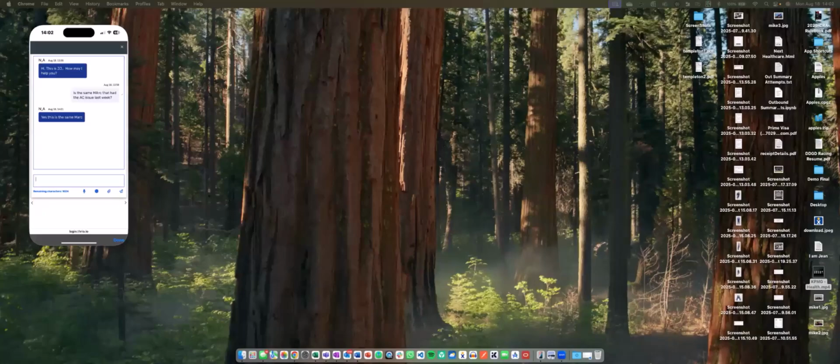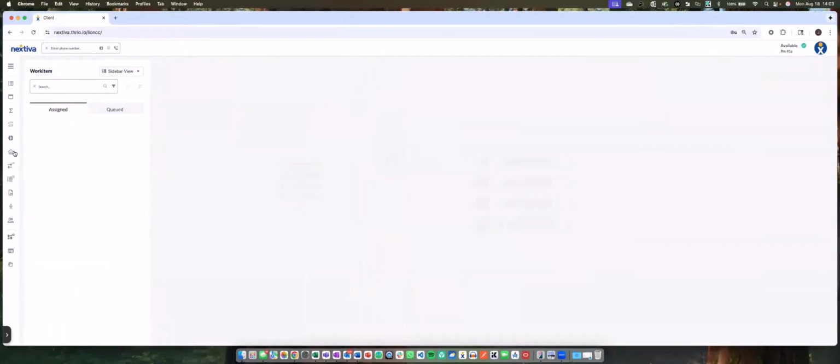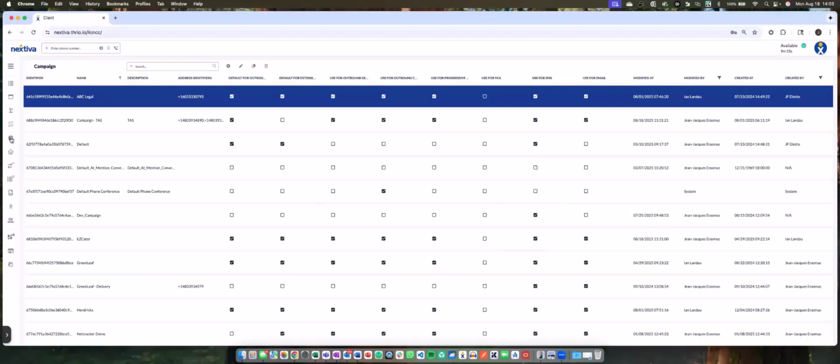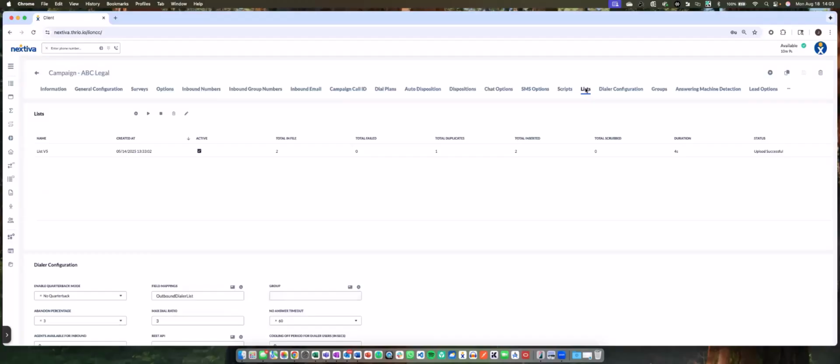I'm going to go ahead, move it around a little bit, and showcase a couple of supervisory functions that I feel is really important to share around here. For outbound messaging, let's say Bob's HVAC is running a summer tune-up sale. We have the ability to just click on campaign, go into one of these campaigns, and this is now ABC legal, but that could have been Bob's HVAC. We also have the ability to upload lists. So we have two different mechanisms in place to be able to do outbound dialing.